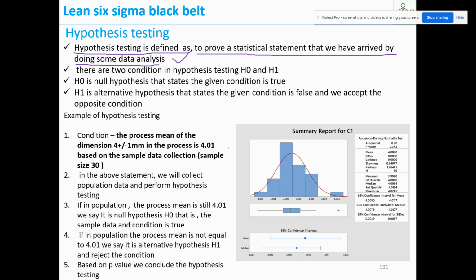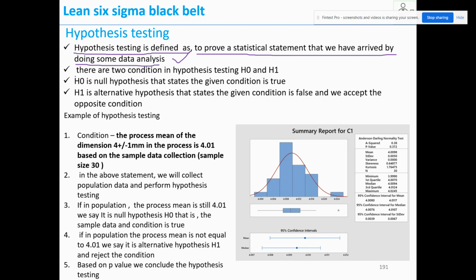By doing some data analysis, we conclude something: the variation is so and so, the mean is so and so. Whether the conclusion that we have drawn using the sample analysis is true or not, we're going to find out statistically. That means we are going to use hypothesis testing.